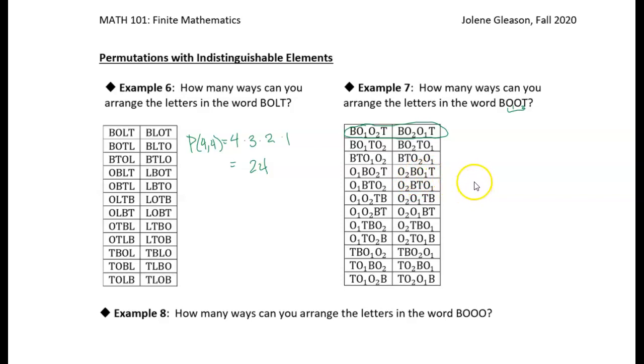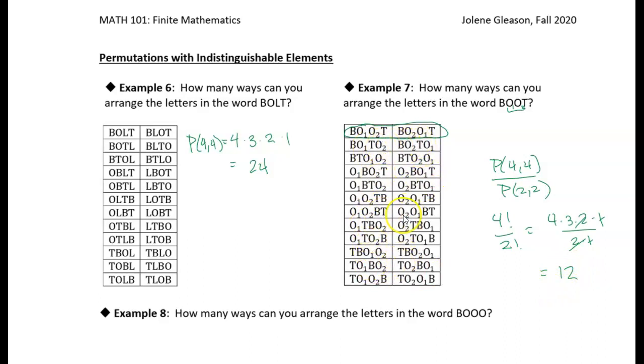So I need to take the permutation of 4, choose 4, right? But I'm going to divide out the number of ways to arrange the indistinguishable O's. Okay, so we have 4 factorial over 2 factorial, which is just going to be 4 times 3 times 2 times 1 all over 2 times 1. And so you can see then that's going to cut the number of permutations in half. So we end up with 12 permutations,